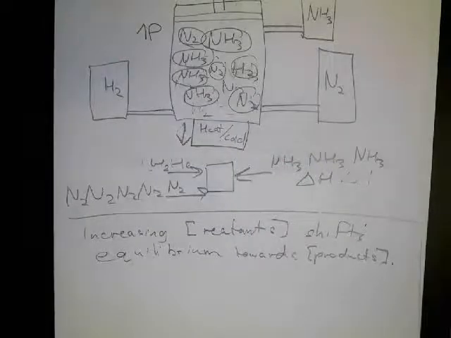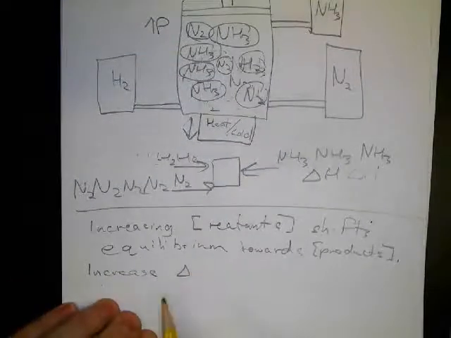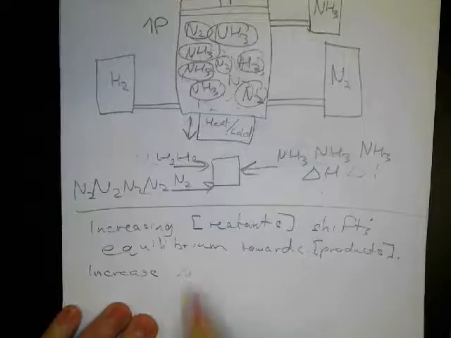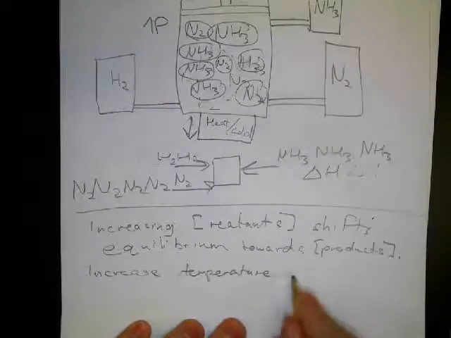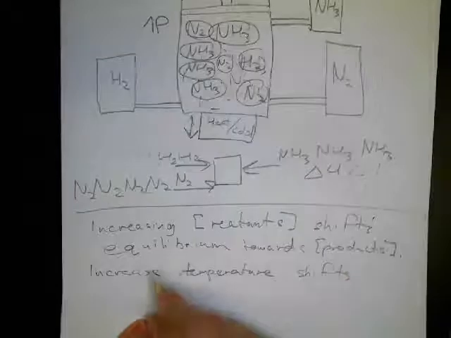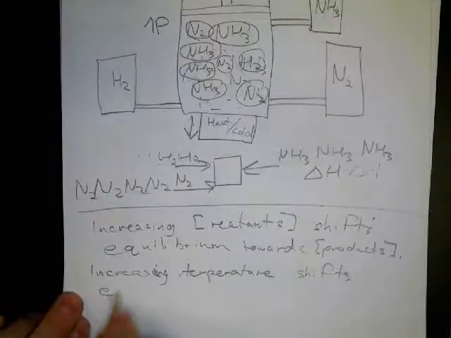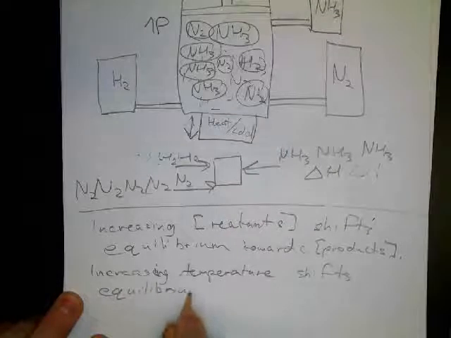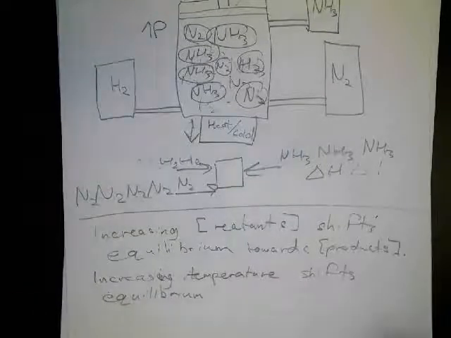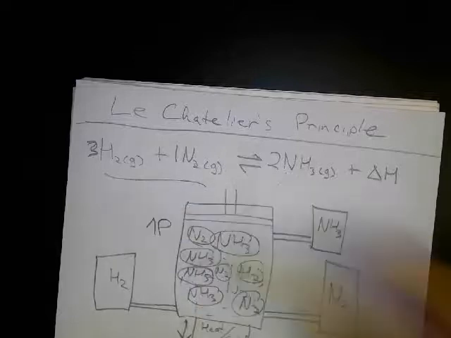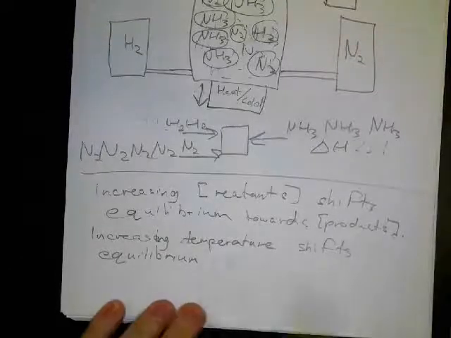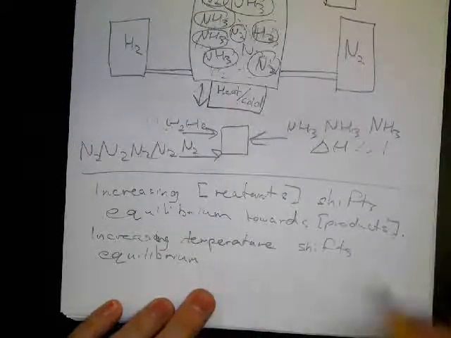If we increase the temperature, we shift, let's just say increasing temperature shifts the equilibrium to the side. It will depend, right? I happen to have an exothermic reaction here. So if we increase the temperature on an exothermic reaction, it would shift towards the reactant side. But it essentially shifts the equilibrium away from the delta H. So it depends on whether the delta H is a product. Let's say increasing the temperature,